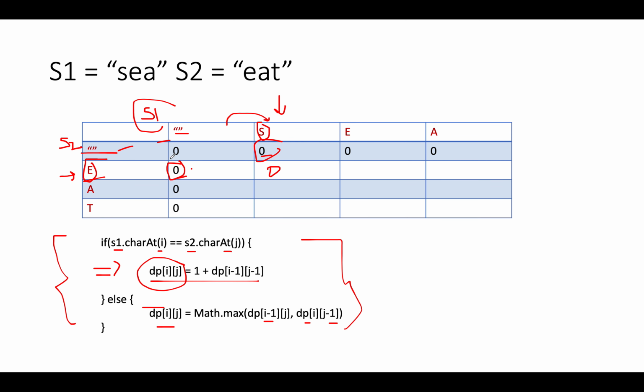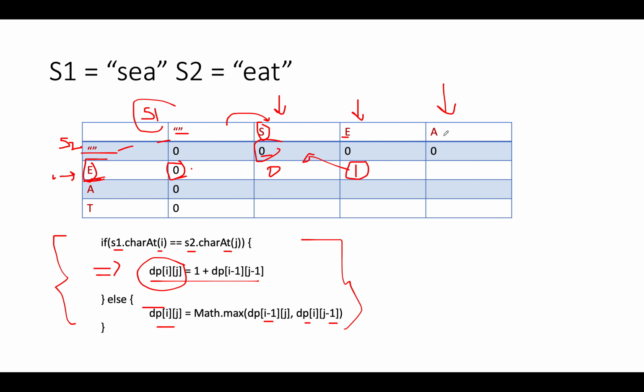This time E remains the same, and we increment the value of j, and this is an equality condition. Since it's an equality condition, we'll look at the diagonally up value, i minus 1, j minus 1. The answer becomes 1 plus 0, which is 1, so the value here becomes 1. Let's move on to the next iteration.